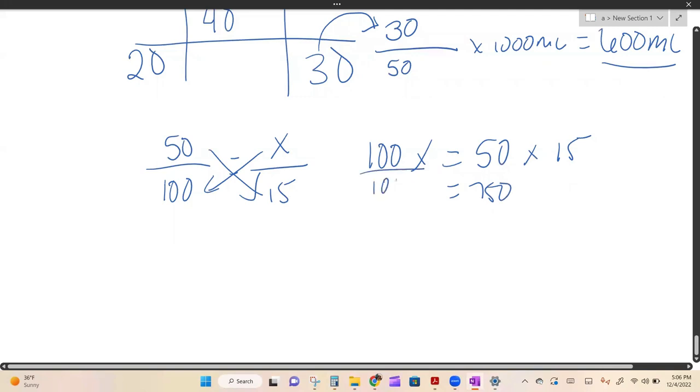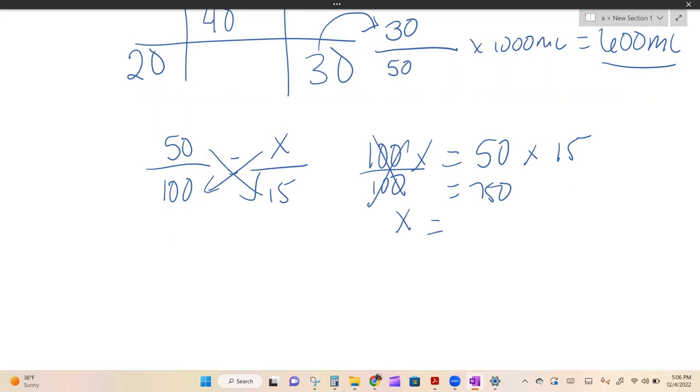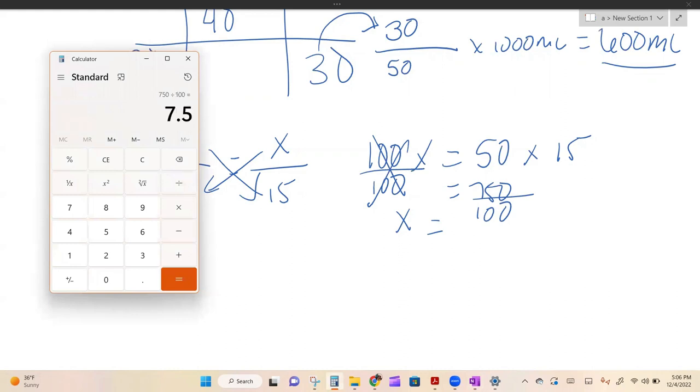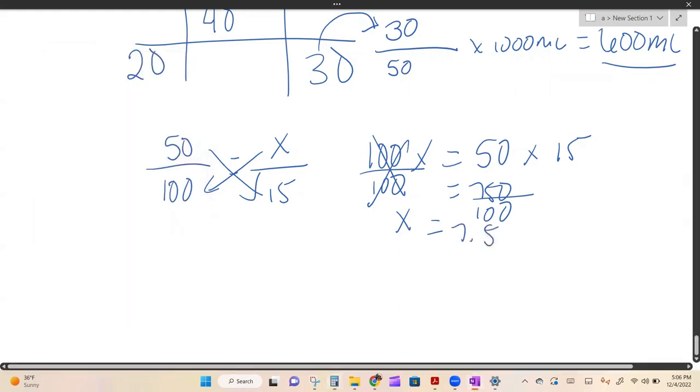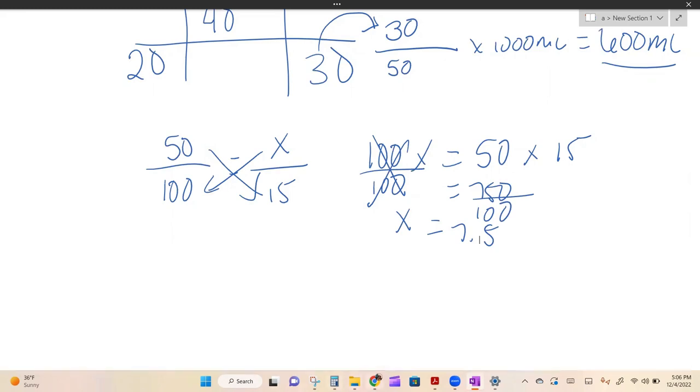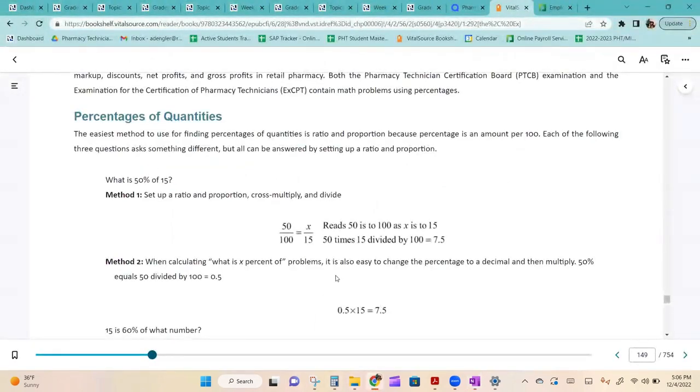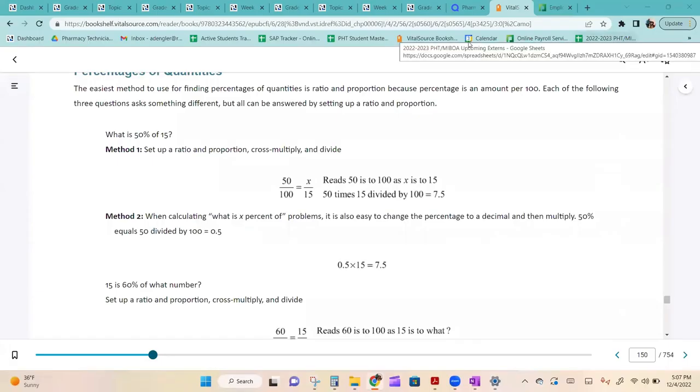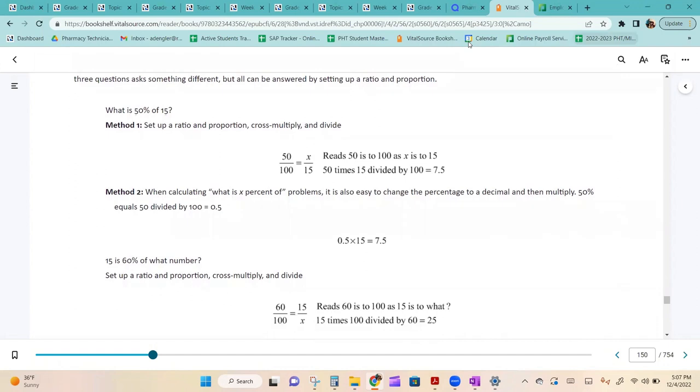We want to get X alone, so we're going to divide this by 100. And now we have to do the same to the 750 on the other side. So the answer is 7.5. So what is 50% of 15? 7.5. So what we did was method 1: we set up a ratio and proportion, we cross multiplied and divided. Method 2, when calculating what is X% of problems, it is also easy to change the percentage to a decimal